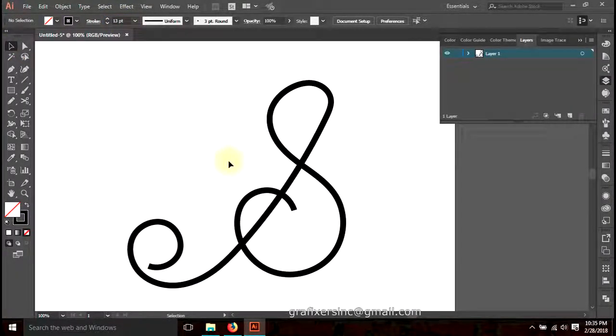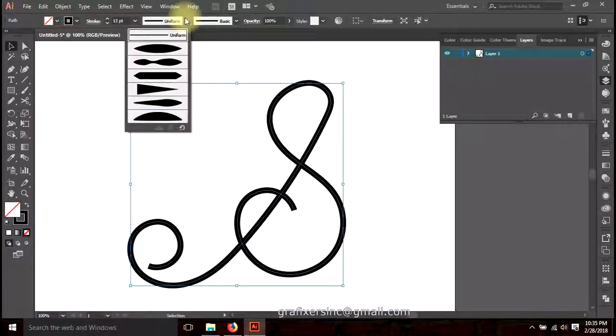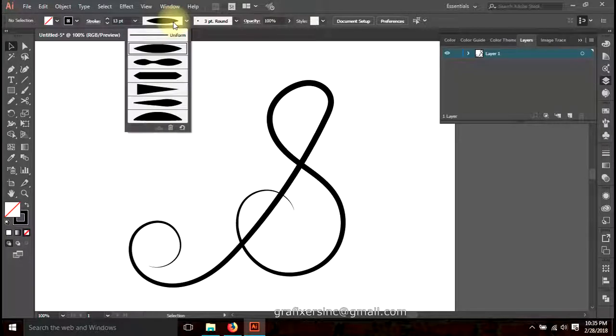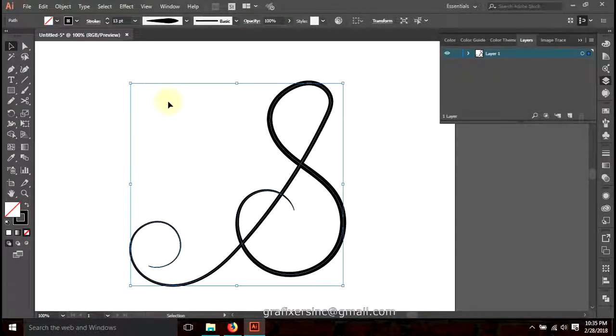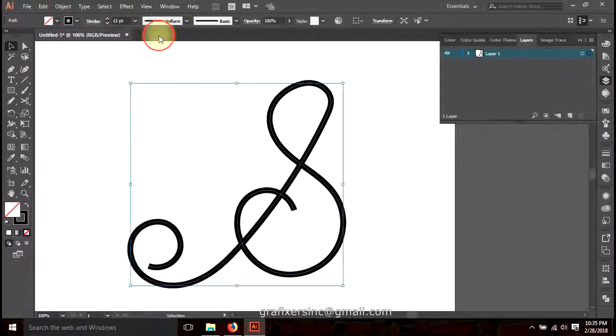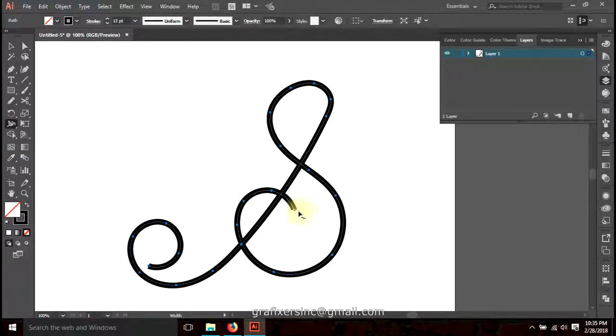and if you give it a width, to you it might not look very effective or very interesting. So if I give some variable width from here, still it's not looking much cool. So it's kind of cool, but not that much. So if I go to uniform and give it a width of my own choice. Let's see if we can reduce the anchor points. Yes,